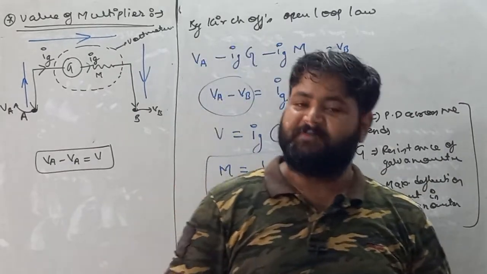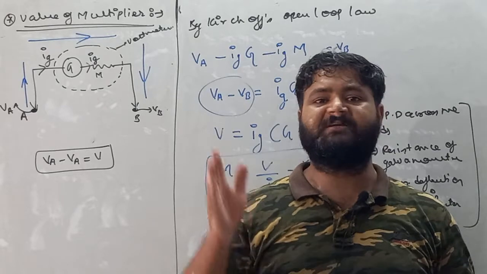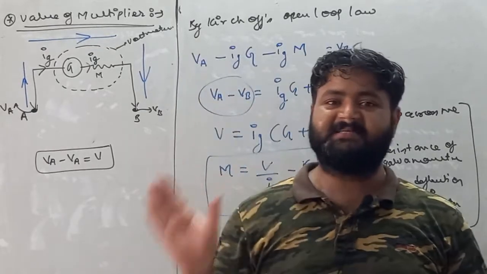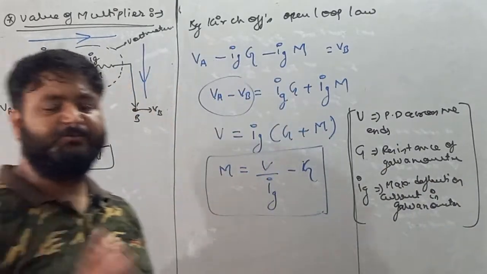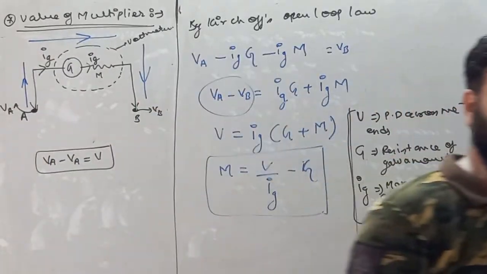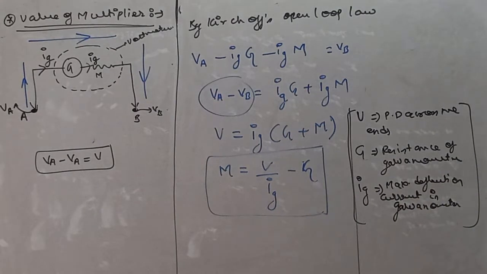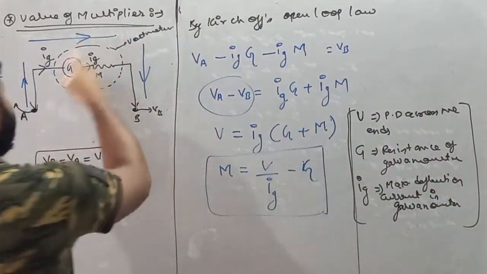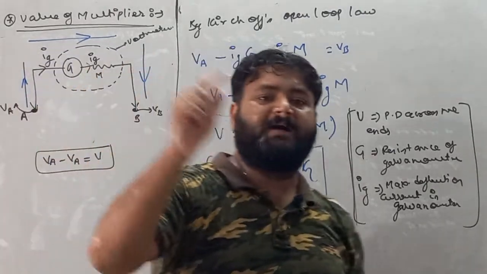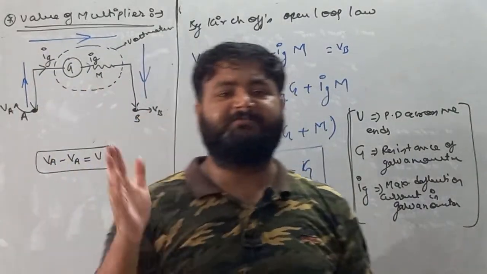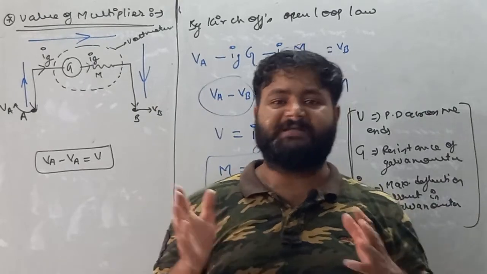In the last class we discussed the shunt, in which we found the value of shunt. In this part we discussed the value of multiplier, which is used to make a voltmeter when a high value resistor is connected in series with a galvanometer. The device which forms, as we know, is called a voltmeter, which is used to measure potential difference.